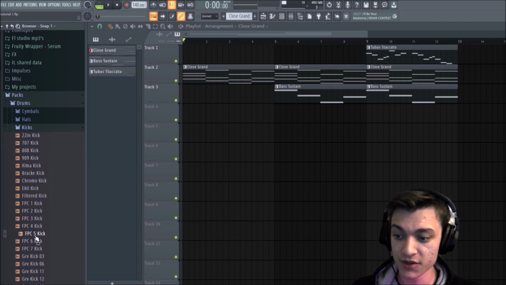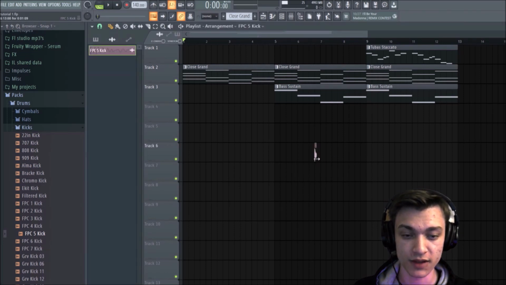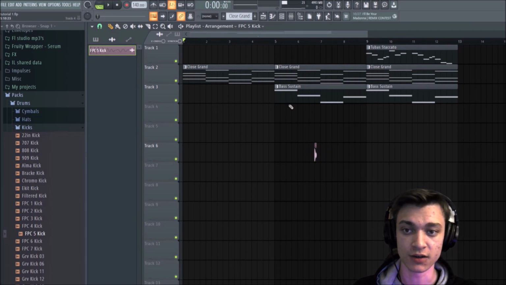All right, cool. I'm going to use FBC 5 kick, and I'm just going to left click, hold, and drag it into my project. You can see there's this little gray highlighted area where I'm hovering with my mouse, and if I just let go anywhere I want, it's going to place this sample. This sample is going to play just like a note in our piano roll would, except that now it's going to play this sound file once it reaches this point in the song. So for instance, if we listen here,